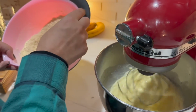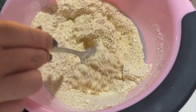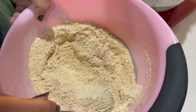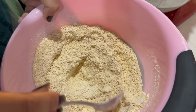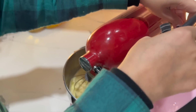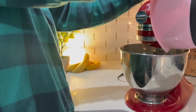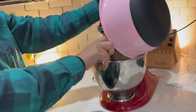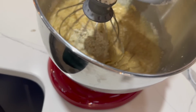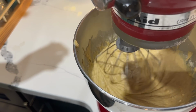So the wet ingredients, and then I have the dry ingredients in here, which is cornmeal, all-purpose flour, sugar, a little bit of baking powder, and a little bit of salt. Okay. We're just gonna add the flour. I'm gonna lower the speed a little bit. And we're just gonna add. There's an easier way to do this, I'm sure. So now it's just mixing away. Our batter for the cornbread in there. Looks nice and